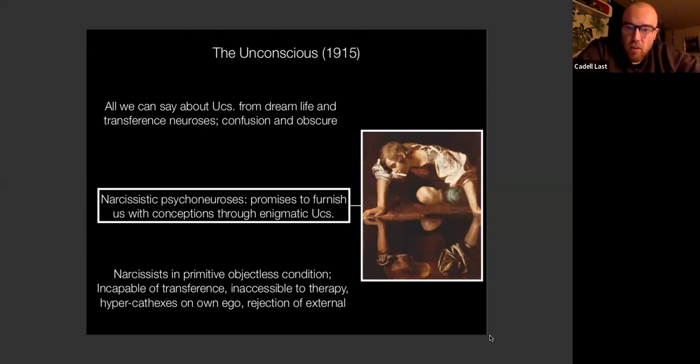He says narcissists are in a primitive objectless condition, are incapable of transference, namely the transference neuroses having to do with love and the failure of the other and the external object, are thus inaccessible to therapy and have a hypercathexis, a hyper mental concentration on their own ego and a general rejection of the external. You can basically say here the narcissist, Freud is not moralizing narcissism,